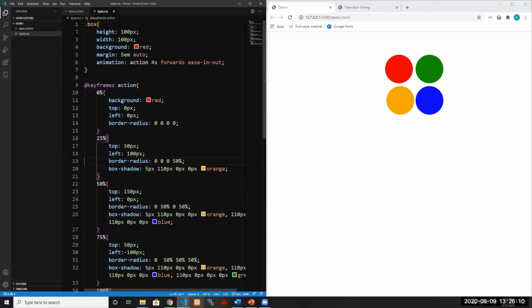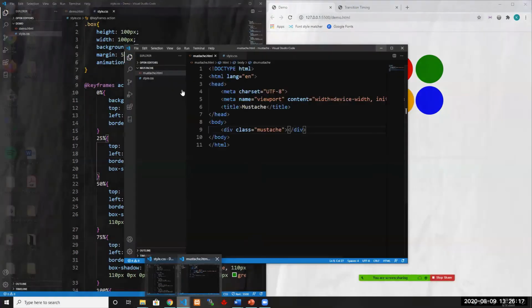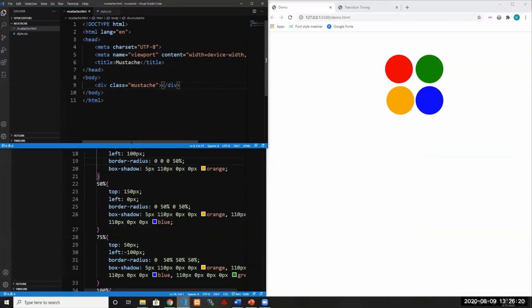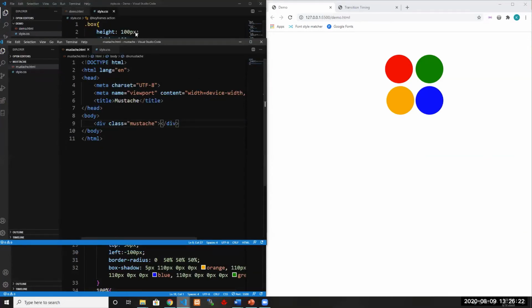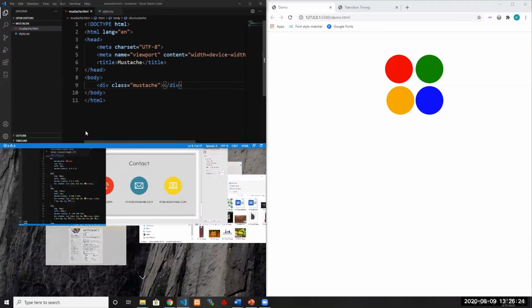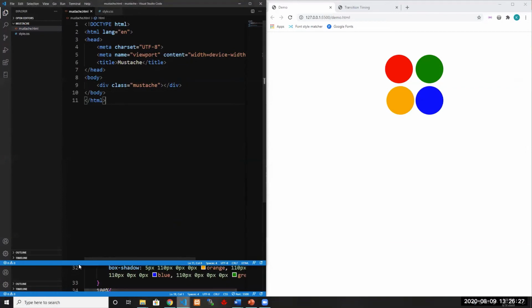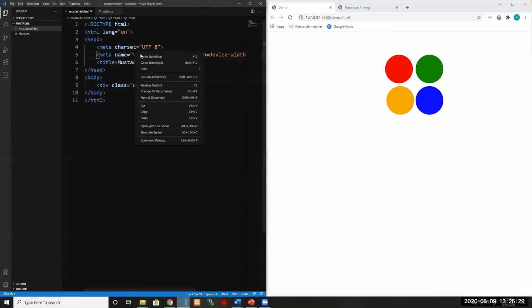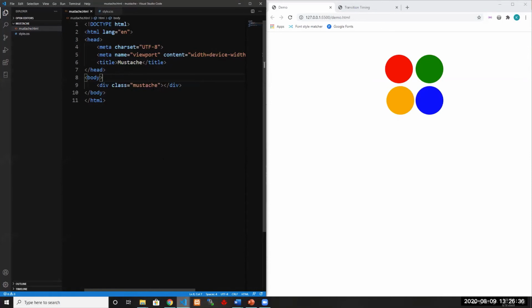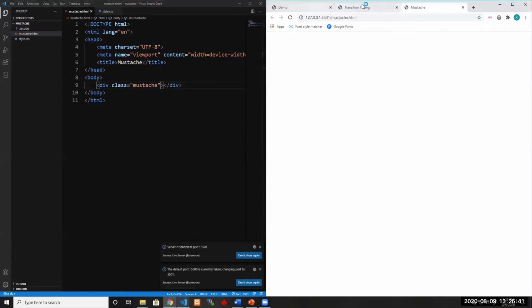So anyways, that concludes this portion of the demo. I would like to now open up a different editor, and I'm going to show you how to animate a single div to make an actual image. So let's see, open with Live Server. So with our mustache,